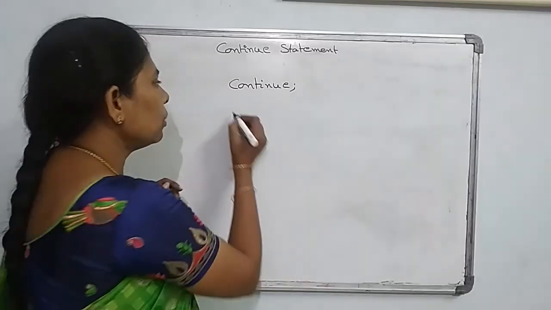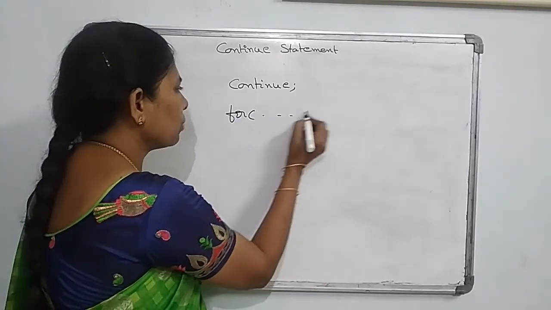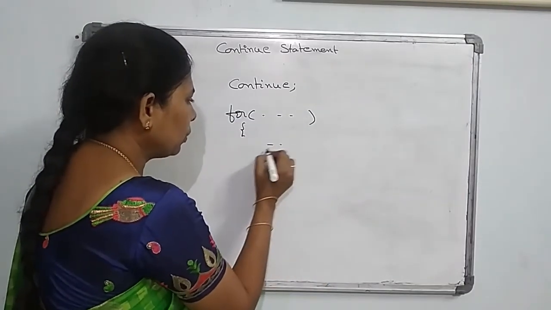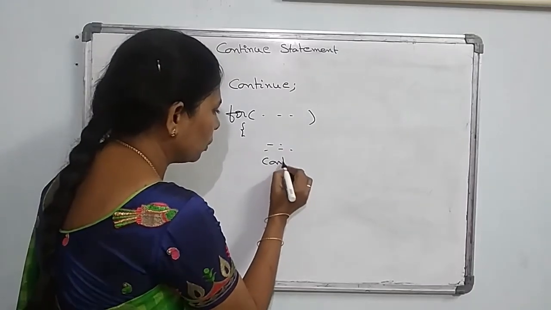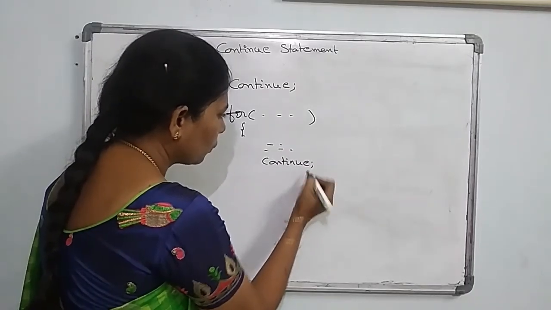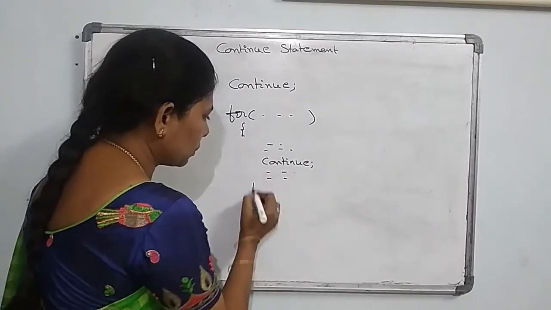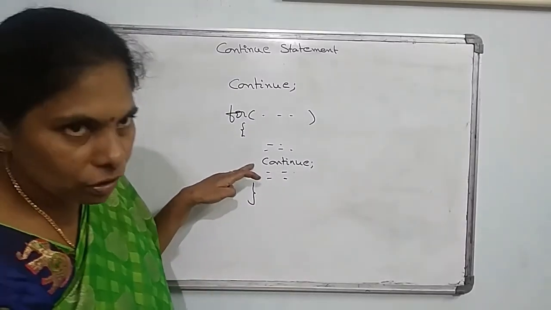So that means if you have a for loop, and inside the loop you have some statements, and next you have the continue, and after that you have more statements, at that time, whenever you reach the continue, it will skip